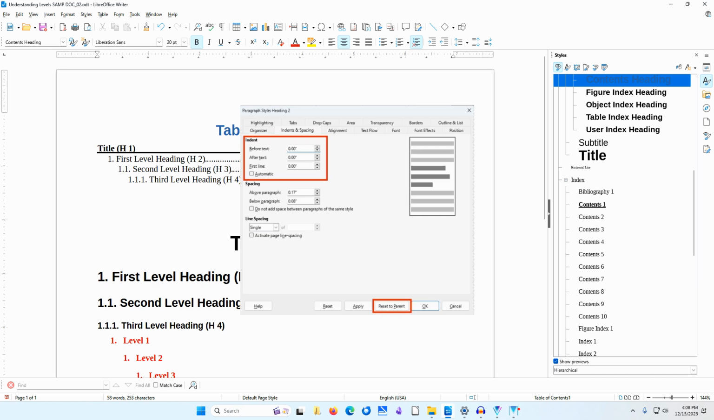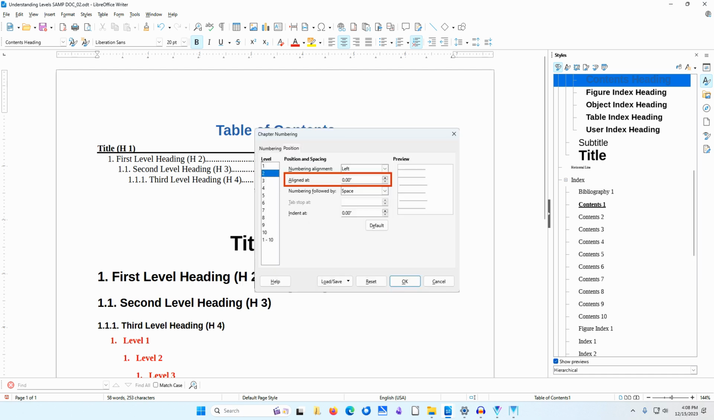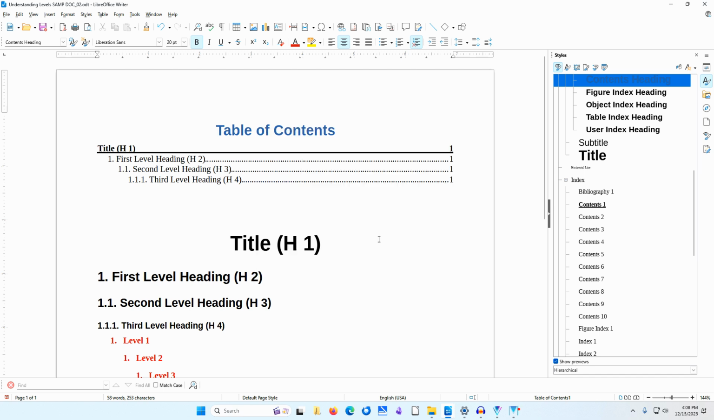If they have ever been changed and reset to 0 manually, you will still have problems. To be super careful, click the Reset to Parent button at the bottom of the tab, and then reset any of the settings outside of the indent area. Once you've done this, you can set your indent spacing using Align At in the Position tab of the Chapter Numbering dialog. LibreOffice Writer enables you to create elaborate page designs, but you will need to put in extra effort